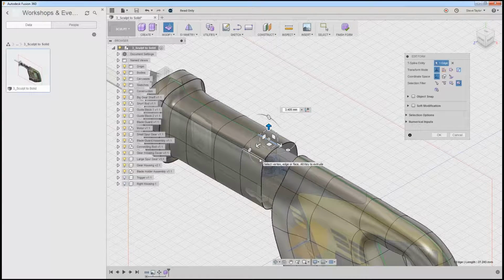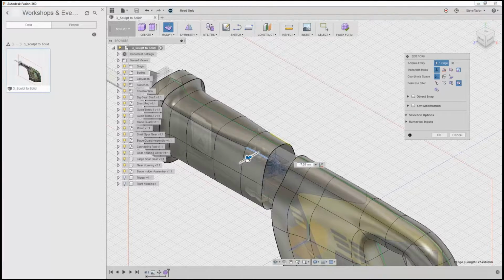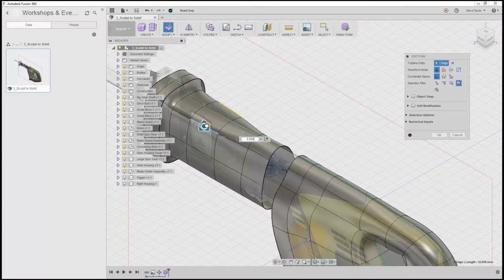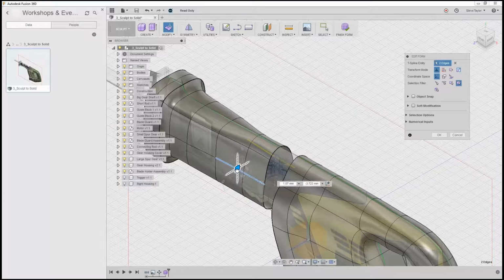I can, if I want, just try and manipulate this myself. So either using these, I can bring that down and see if I can actually get that more roughly into position. Smooth it off there. This one, maybe just shift select. So again, it's very much playing about with the model